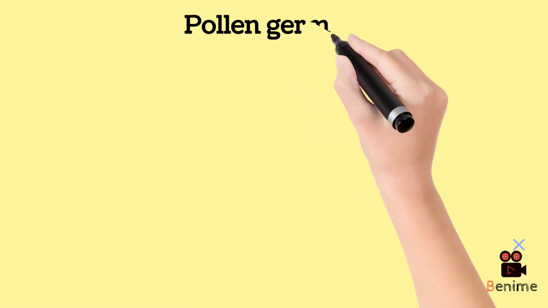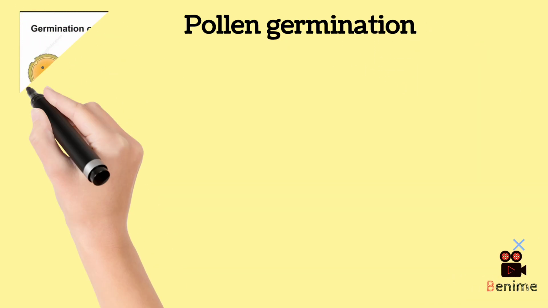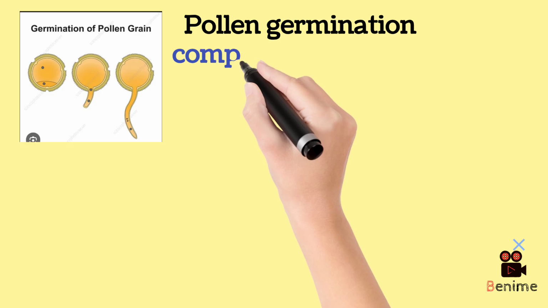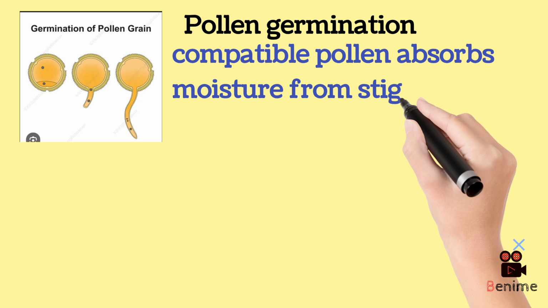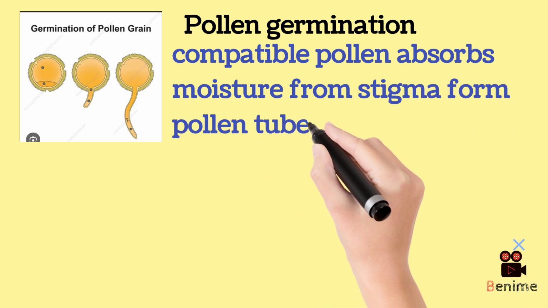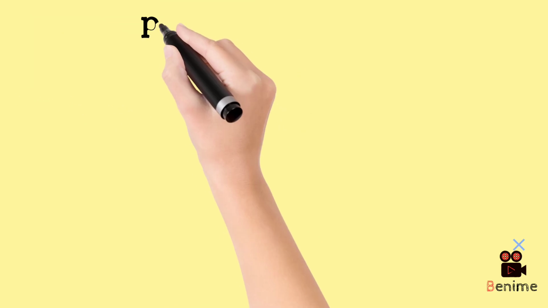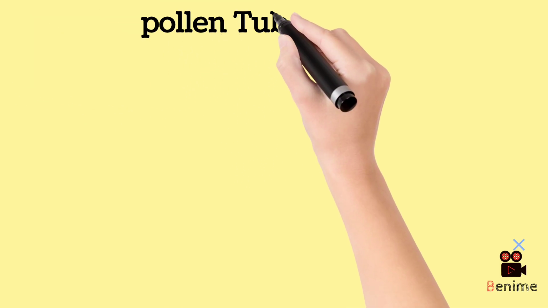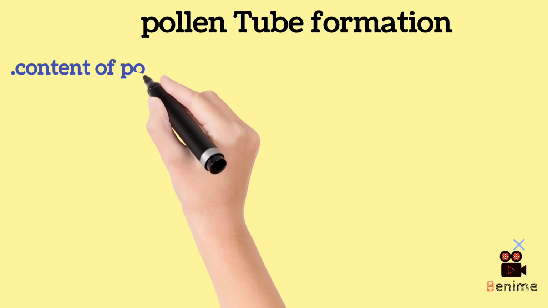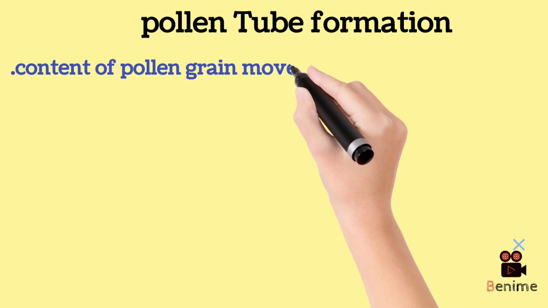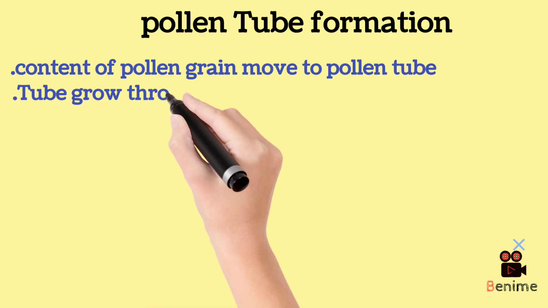Now the compatible pollen which is accepted by the stigma is ready for post-pollination events, that is, germination of pollen. Compatible pollen absorbs moisture from the stigma and forms a pollen tube. You can see in the diagram. Pollen tube formation. The content of the pollen grain moves into the pollen tube and tube growth takes place